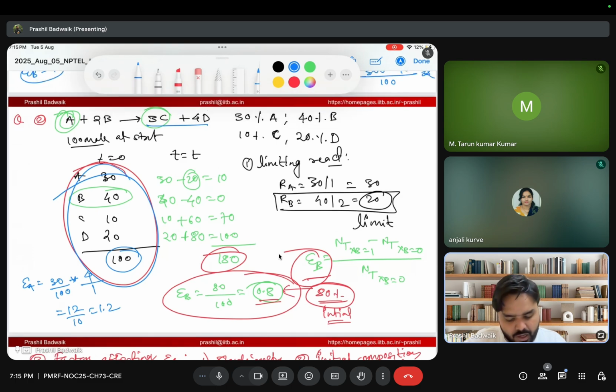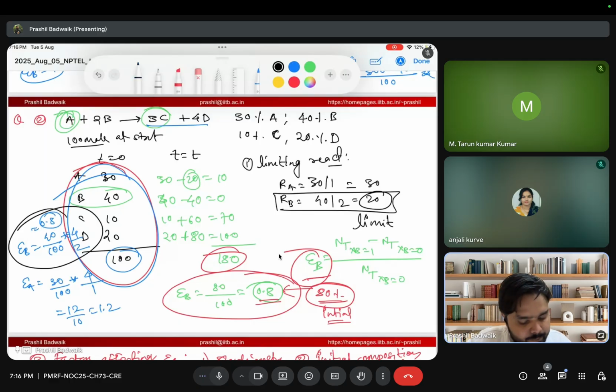Right? And then epsilon B is equal to 40 divided by 100 into 4 divided by 2. So epsilon B is equal to 0.8,